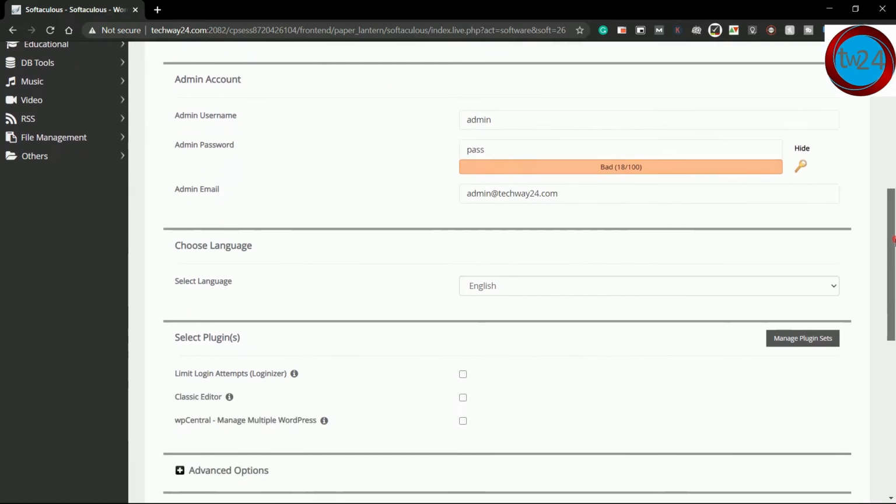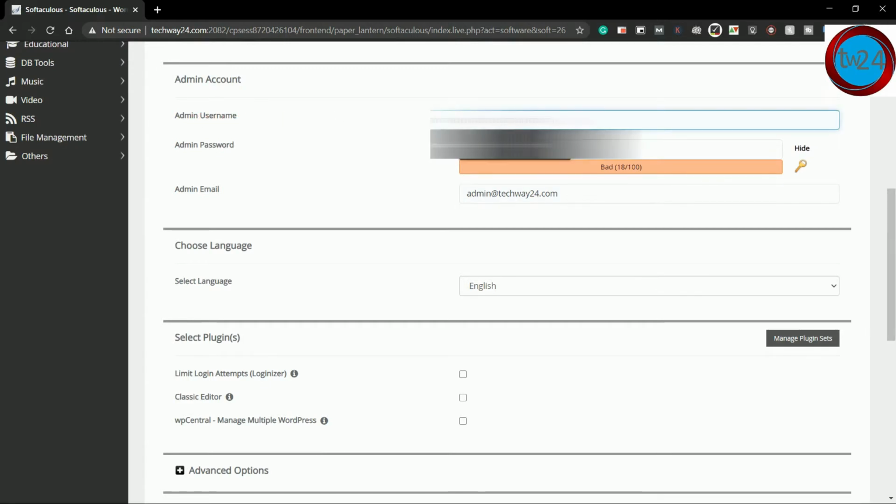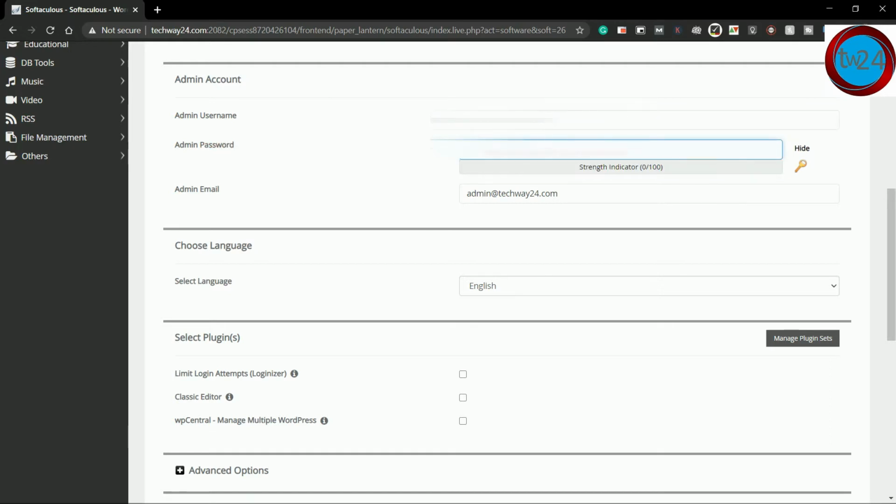Then under admin username, you need to choose your username for your admin account. Then under admin password, select or enter your password. Make sure your password is strong. Then under admin email, you can leave it as it is, or if you want to change it, then you can give your own email ID.